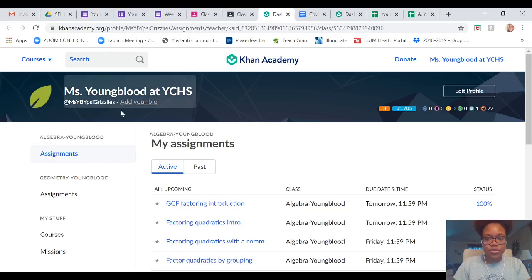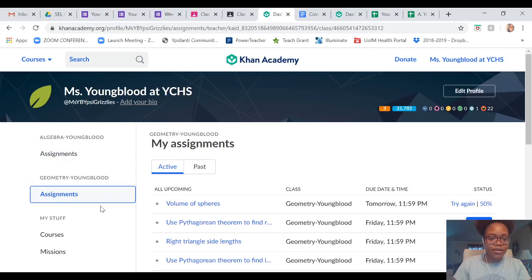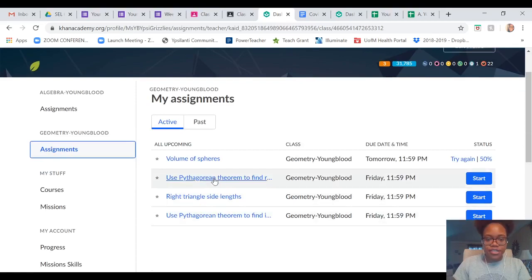it takes us straight to our dashboard. It will take you to your profile. But if not, you do want to make sure you are signed in, so it goes to your profile. So we see we have my profile, Ms. Youngblood at YCHS, and then you want to make sure that you are clicking on the correct class. So this is my algebra class. You want to click on geometry if you have other classes loaded here,